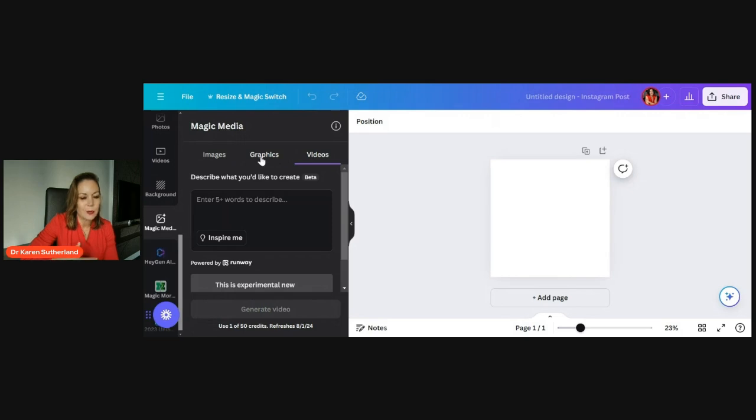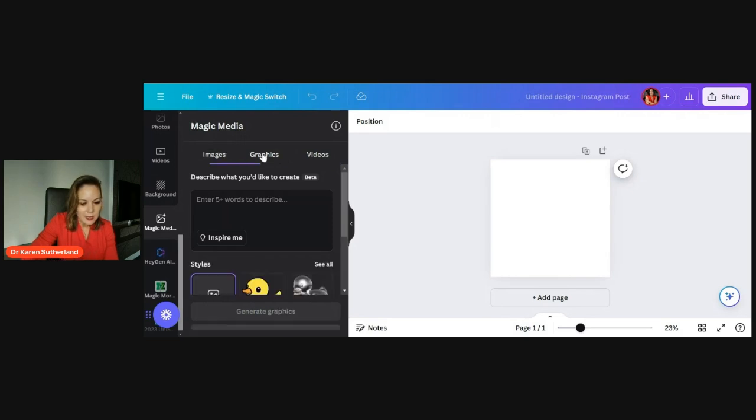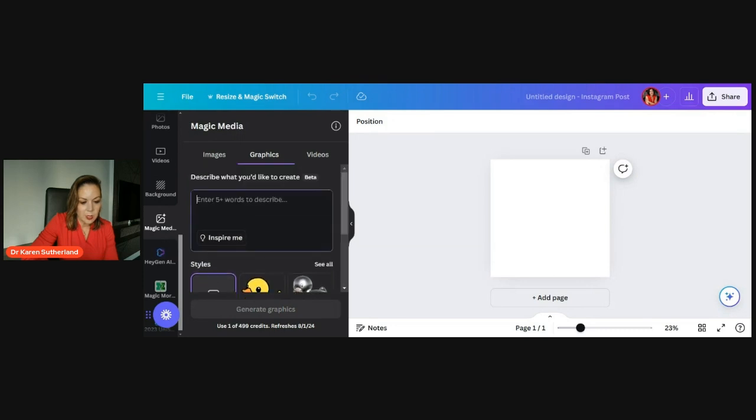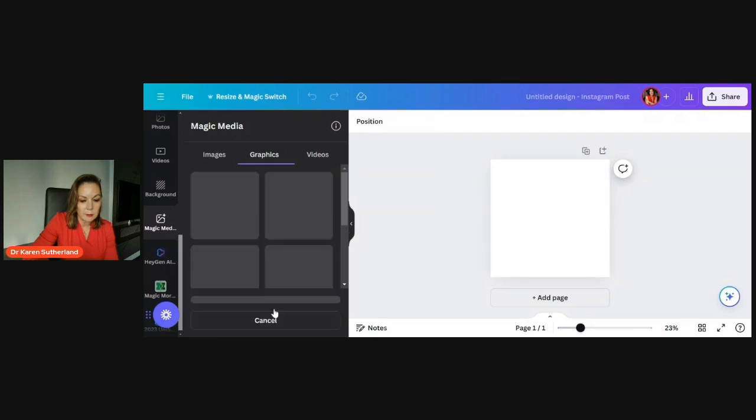It's still improving, but let's do text to graphics, and then you can choose what sort of style that you want. I will just let it inspire me. So I'm just going to put this line in now and see what it comes back with.